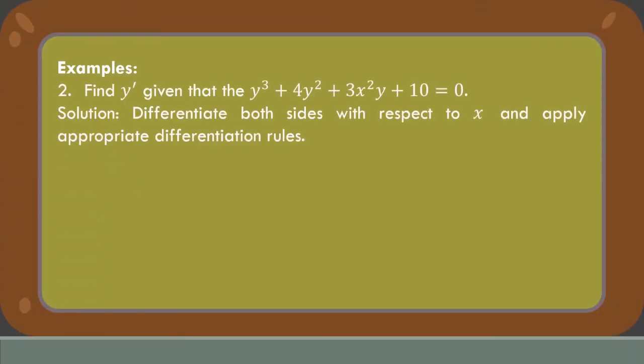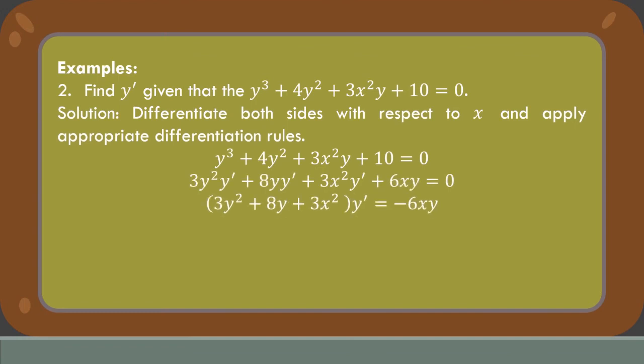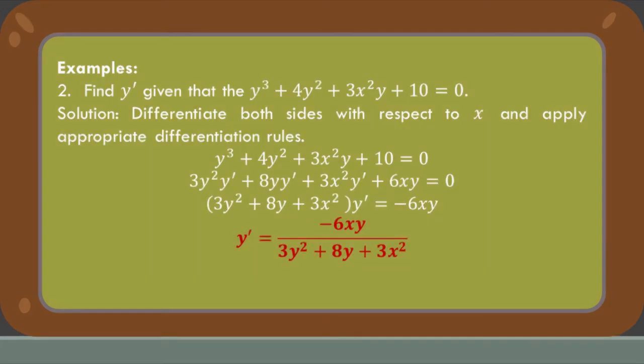Okay, example number 2. Find the y prime given that y cubed plus 4y squared plus 3x squared y plus 10 equals 0. For the solution, remember, differentiate both sides with respect to x and apply appropriate differentiation rules. So we now have 3y squared y prime plus 8y y prime plus 3x squared y prime plus 6xy